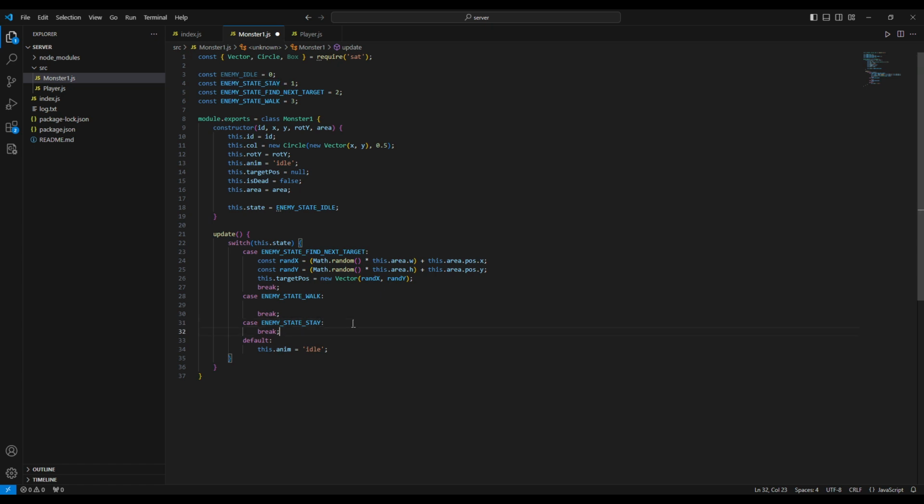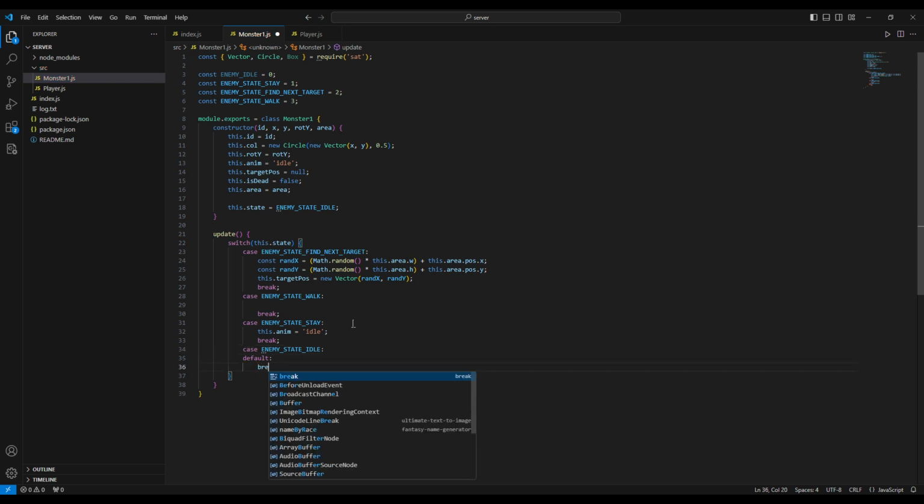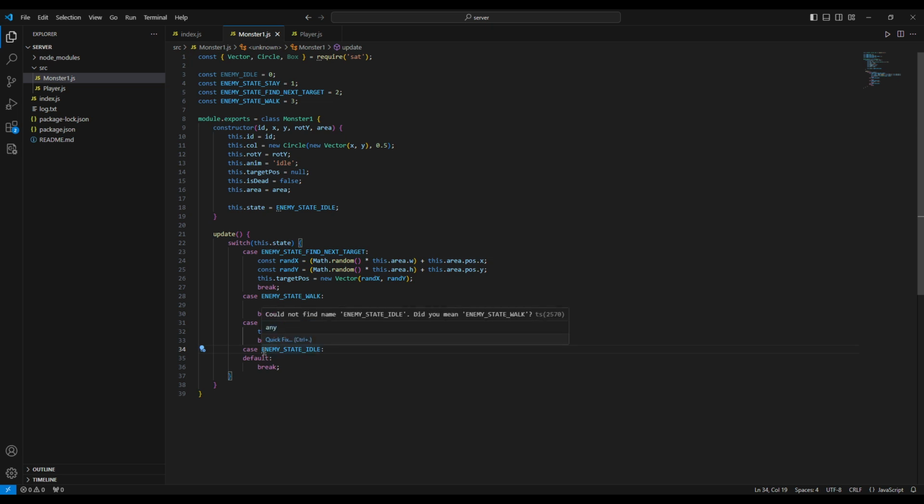Nope. We will actually set this animation for stay, and we will have enemy state idle, and also default. And in this state, we won't do basically anything. So nope, I don't mean enemy state walk. I have it enemy state because it's called state idle. All right. So here in enemy state walk, first thing we do, we just change this animation to walk, and